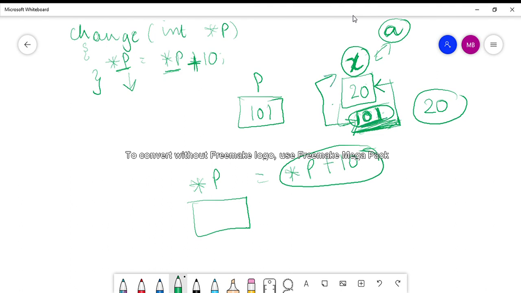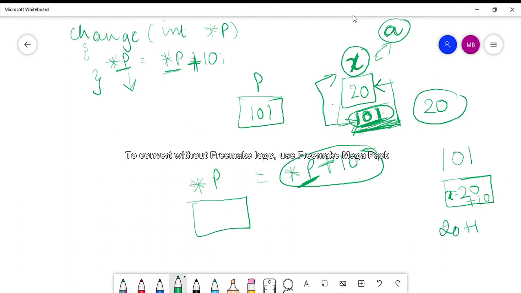So I say add 10 to the value of this memory location. This memory location has the value of x, which is equal to 20 right now. So I say add 10 to this value. That means 20 plus 10 will give you 30.